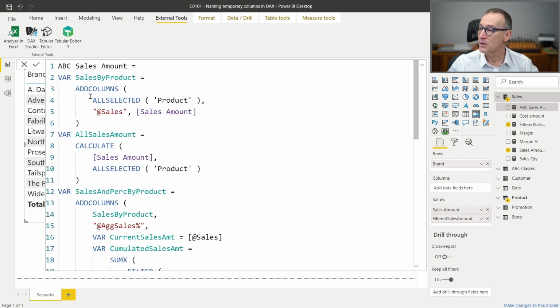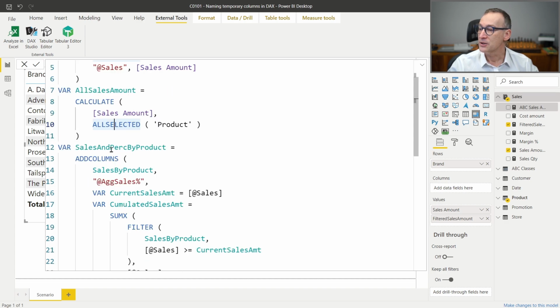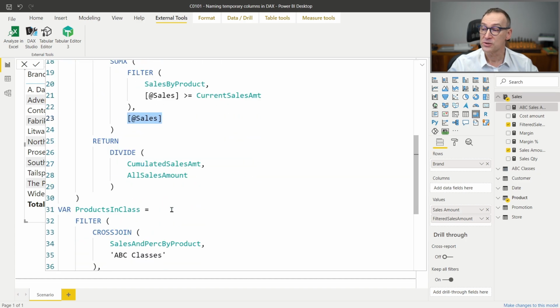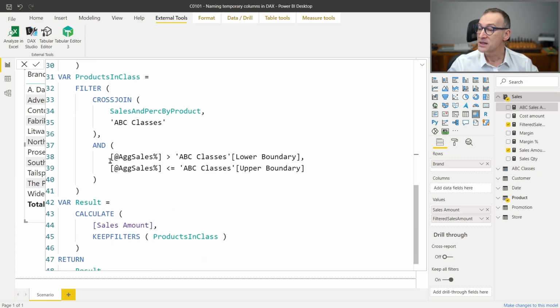If we look back at our ABC sales amount calculation, you see that we create a new column here that is called @sales, but we typically read it just sales. Then we do other calculations, we reference a measure here, and again we know that because there's no @ symbol and there's no table name. We create another column here by using a column @sales, another column sales. I know it's a column because the @ symbol is there. And the same is happening here.